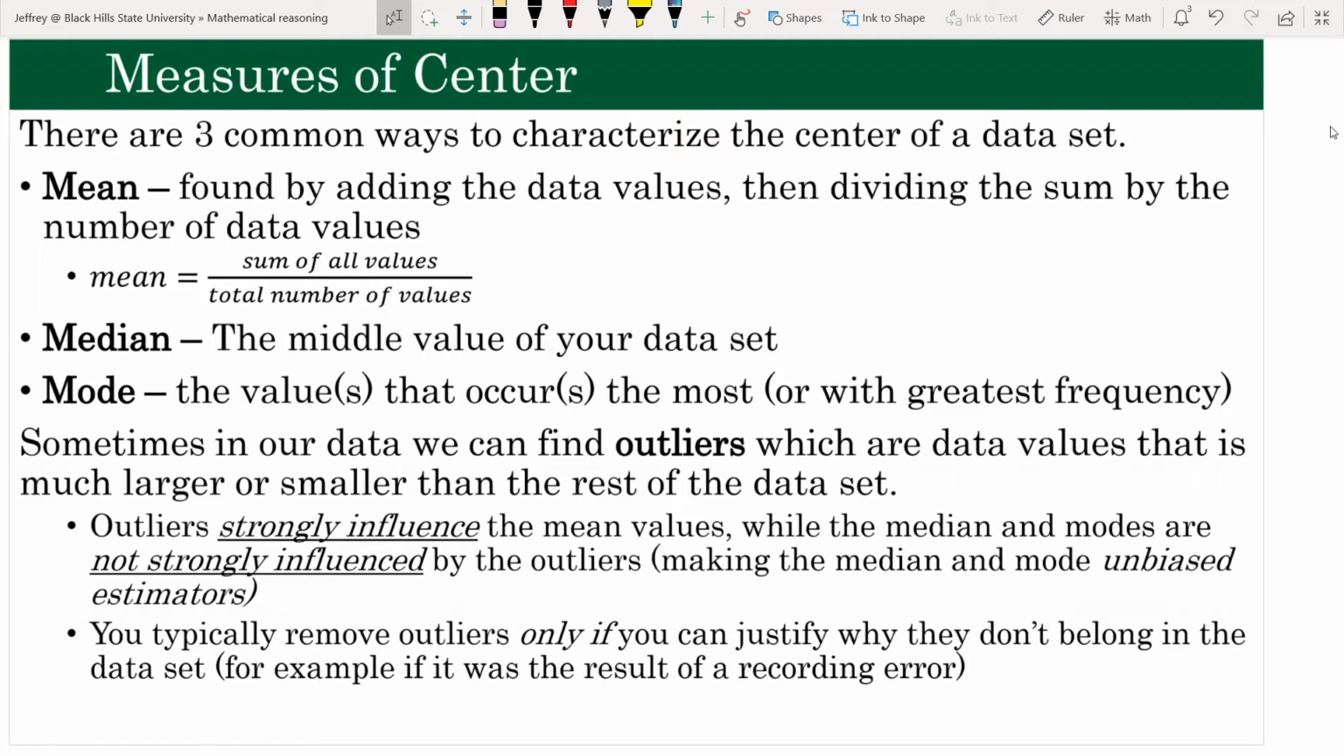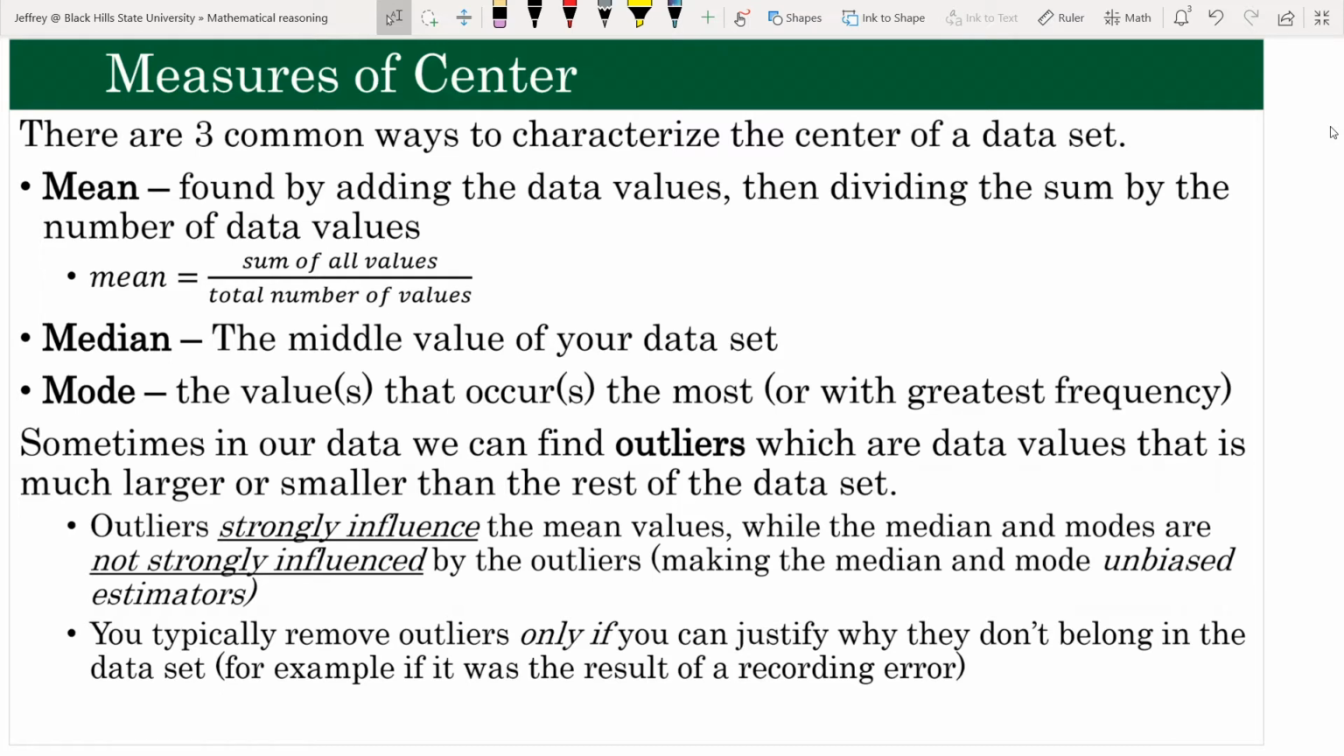Now, sometimes we can have outliers in your data set, and these are values that are either really big or really small compared to the rest of the data set. And outliers definitely affect how our values are calculated. So the mean, for example, is greatly affected by outliers, whereas the median ends up not being as affected. So the median and mode actually become unbiased estimators, whereas the mean is biased, meaning that it is biased towards